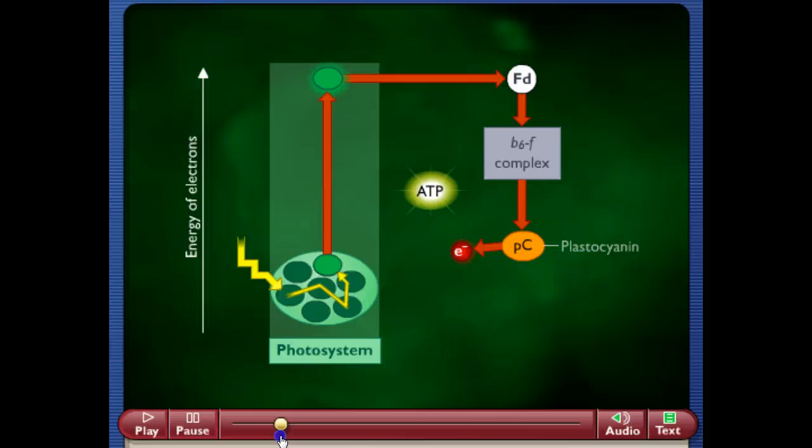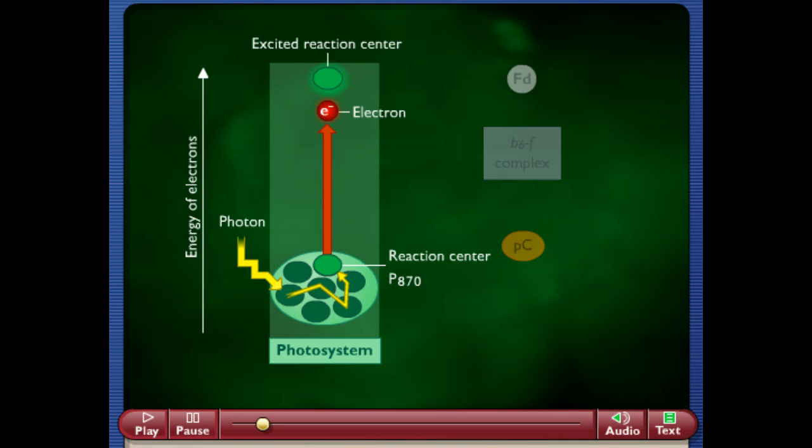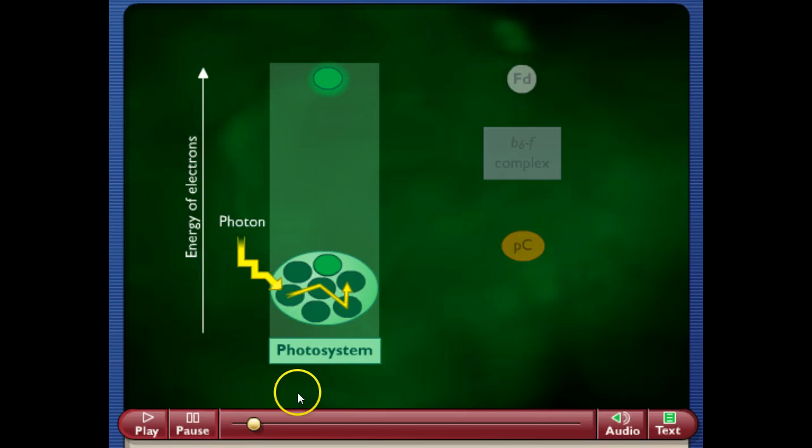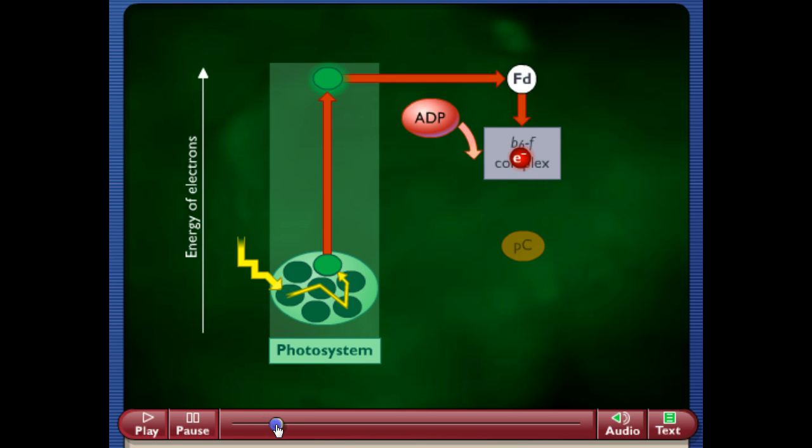Now, the energy released during this electron transport is used to produce ATP. Since the excited electron returns to the original reaction center, like you see here, it's called cyclic photophosphorylation. So, let's follow this electron again. So, remember, in a cycle now, we return back to the beginning and start over again with the same things, like the water cycle. So, here we see our excited electron, our photon, hitting our electron, then ferredoxin, ADP, the